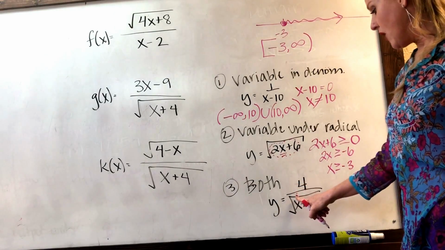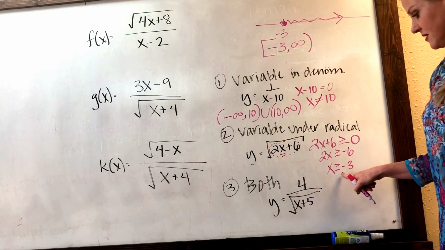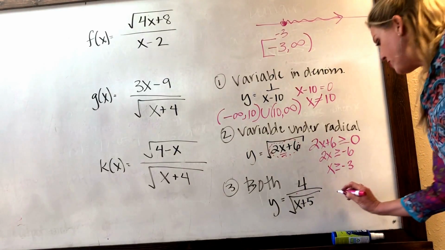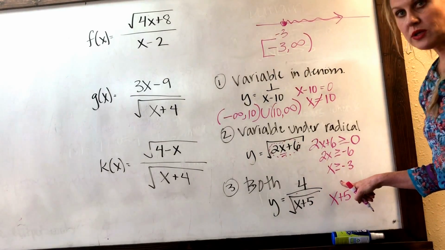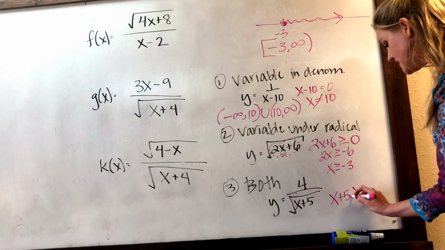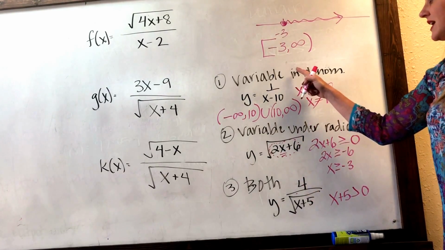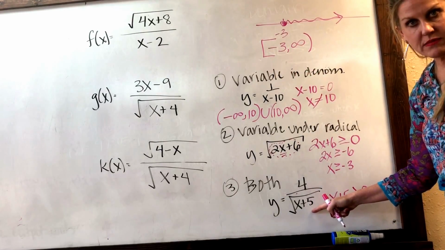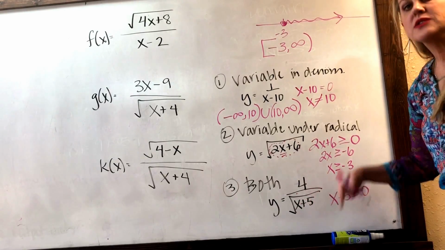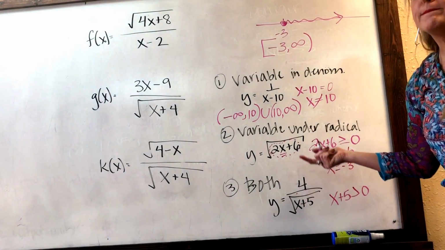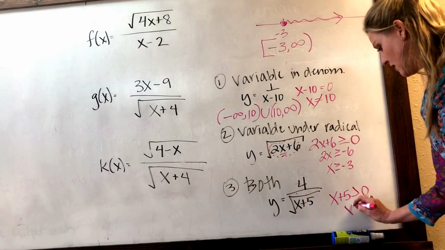If you have a radical in a denominator, you're going to do a very similar situation here, but instead of making the radicand be greater than or equal to 0, you just set it greater than 0. Because again, you still can't have 0 in the bottom, so I can't put a number in that's going to make this be equal to 0. It's okay to take the square root of 0, the outcome is 0, but I can't have that in the denominator. So I would solve for x,